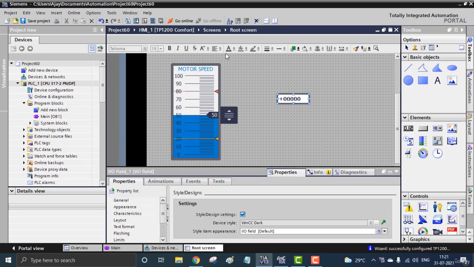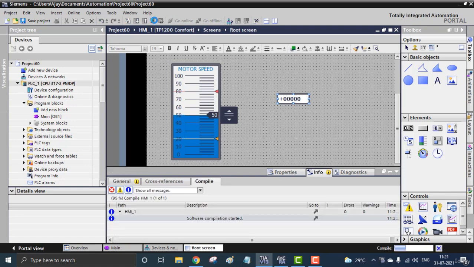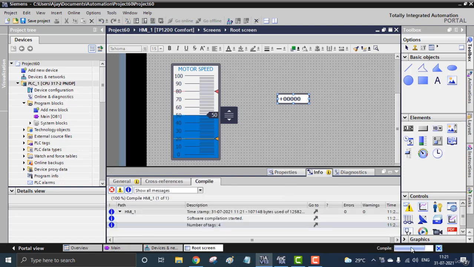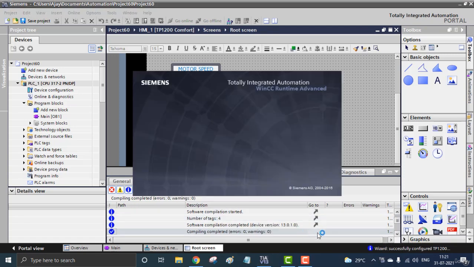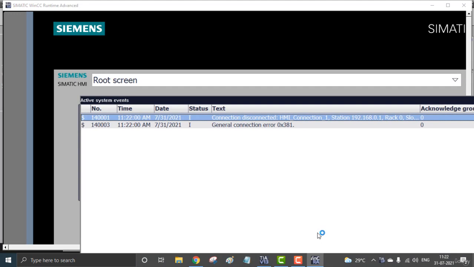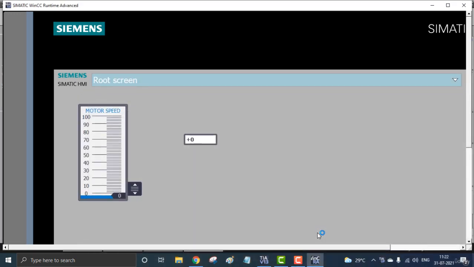Okay, fine. Now we can go for the runtime. So start the simulation. These things which I have already developed here will be loaded to the HMI screen. Now it's a bit faster than the previous times because I already have this WinCC runtime here, because on the startup it takes some time. In the previous video I just cut some parts because it takes a bit of time.